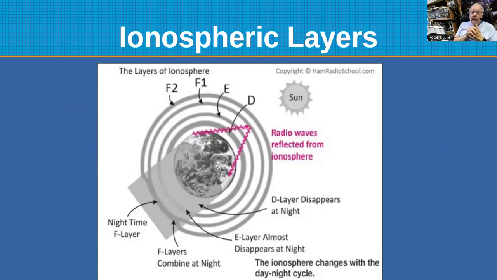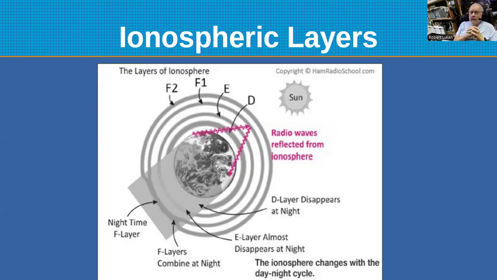And you'll see the D layer is virtually gone, and the E layer is also shrunken. There's still a little bit left, but at night, most of the effect is due to the single F layer, which is where you get your refraction. During the daytime, you have all of the layers,